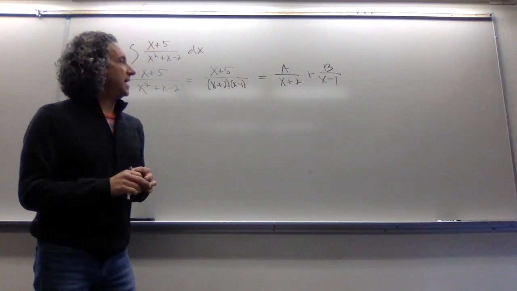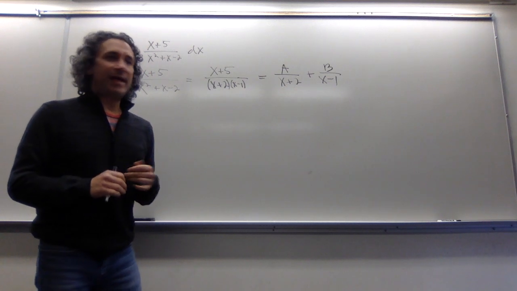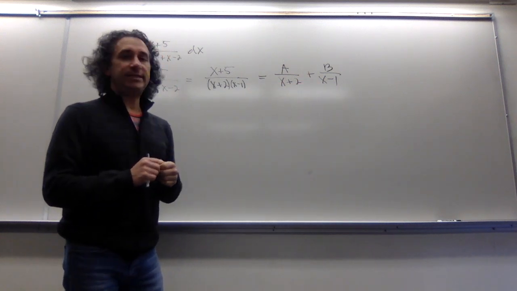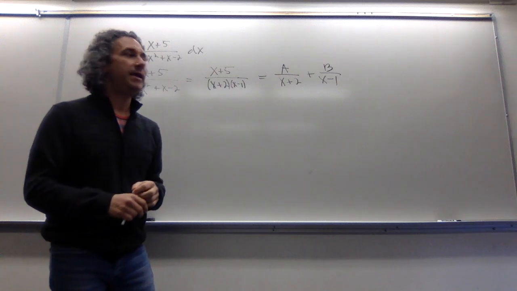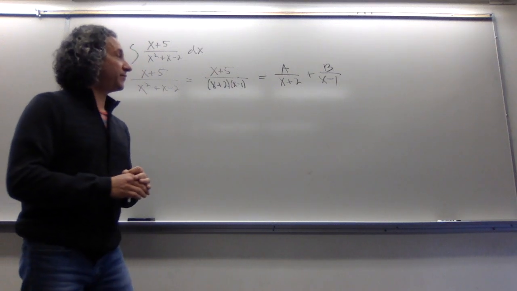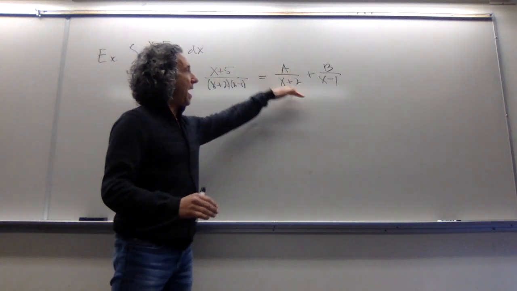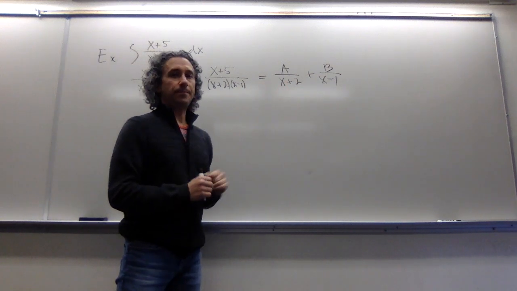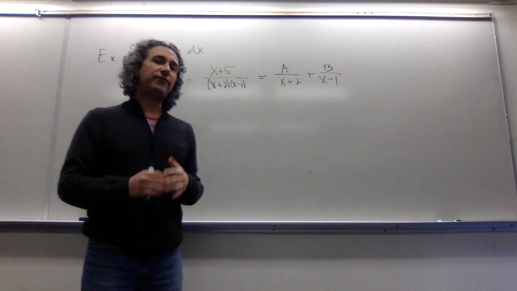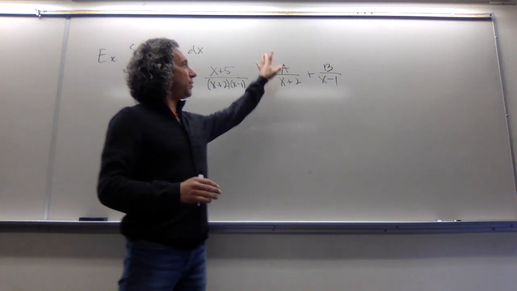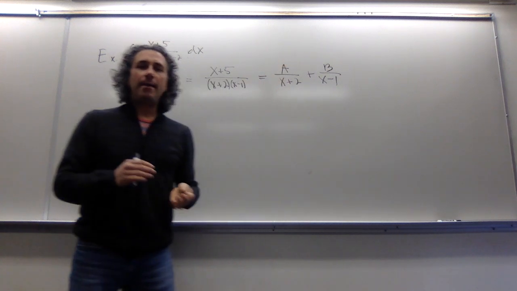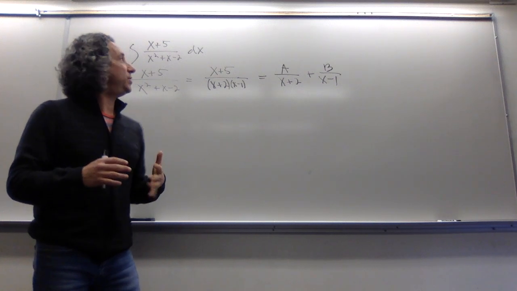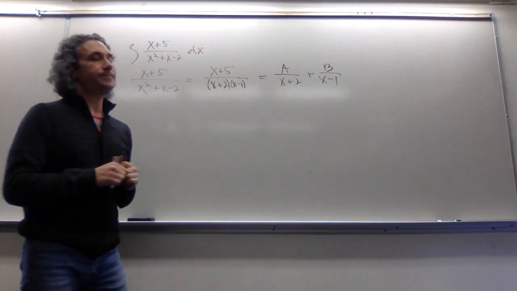So think about this for a second. Typically in a lot of math classes you have something that looks like this and you need to combine these into one expression, simplify it so that you might be able to solve some sort of equation. So now I'd like to go backwards and try to find an a and a b such that these are equal. So pause the video for a second, and don't worry about actually finding a and b, but try to explain to yourself why that would be good in terms of trying to integrate this.